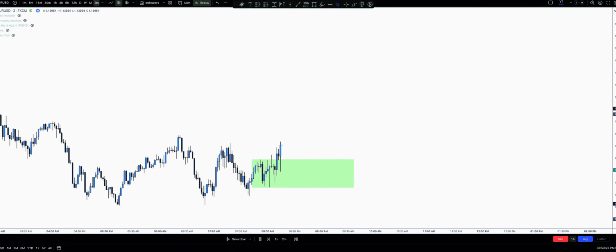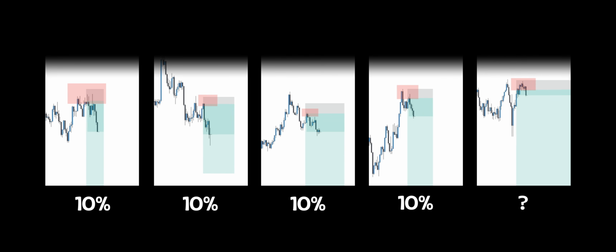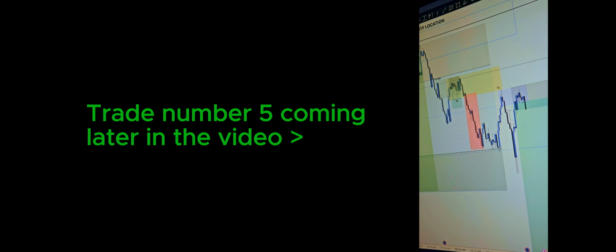The market will always tell you its intention if you know how to listen. This principle transformed my trading from inconsistent guesswork to a systematic approach that consistently achieves big RRs trading the market. Today, I'm showing you 5 trades where I correctly read the market's intention and positioned myself in the correct location